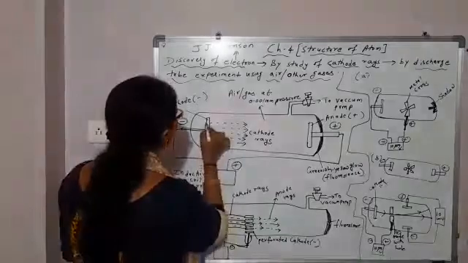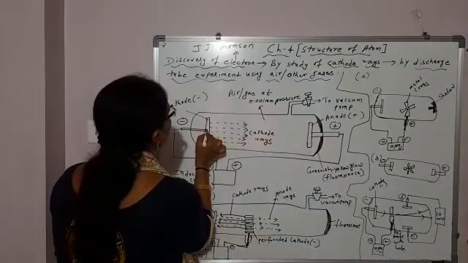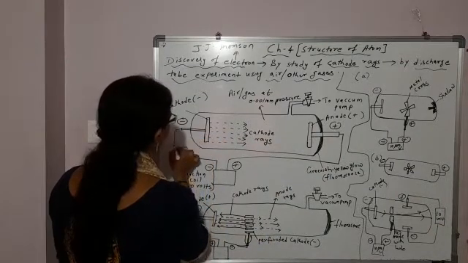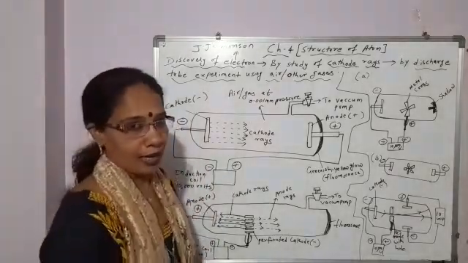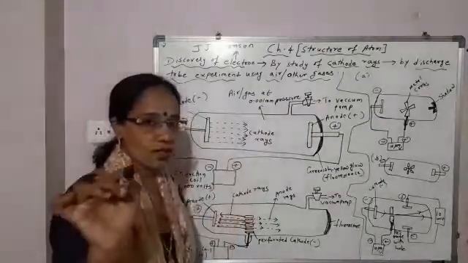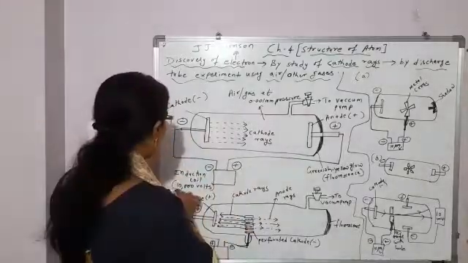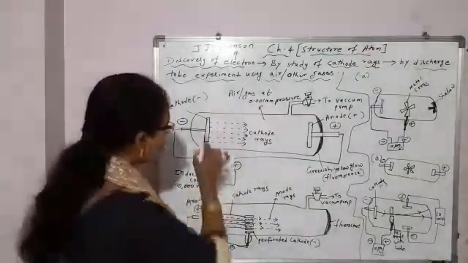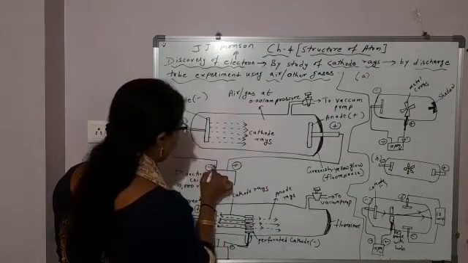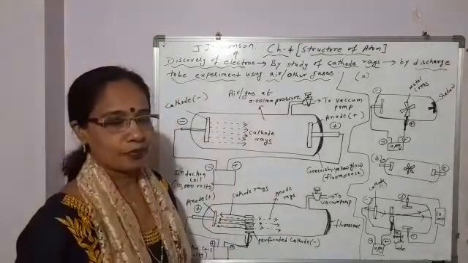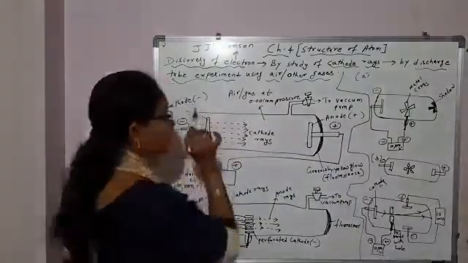Then at the two ends, two circular plates are placed. One of the circular plates is connected to the negative terminal of an electrical source. And what electrical source are we using here? An induction coil, and it will provide a high voltage of about 10,000 volts. The circular metal plate connected to the negative terminal of the electric source is called the cathode. It means the cathode is the negative electrode.